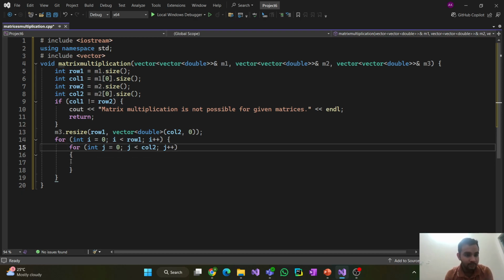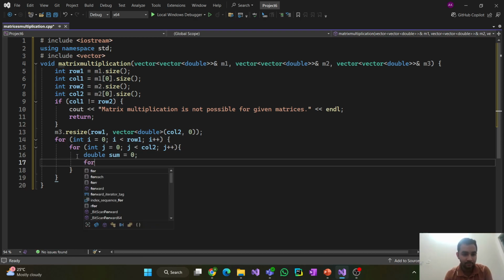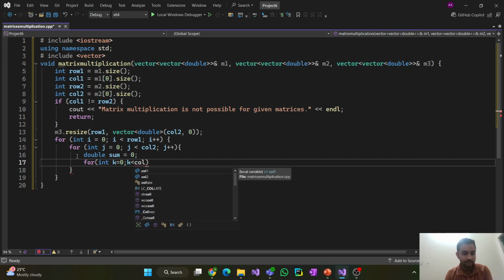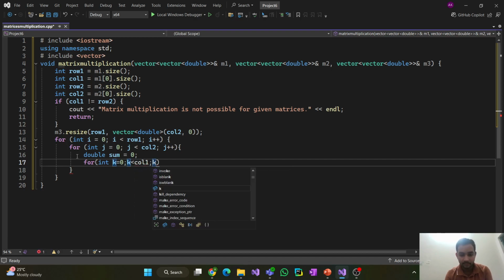Sorry, we are going to use it after this loop. So double sum is equal to 0. We are going to introduce third for loop, that is for integer k is equal to 0, k is less than col1, k plus plus,